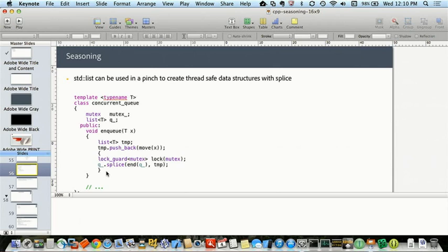The standard decided with C++11 to guarantee that std size is constant time, which means there's one case where splice is not constant time. That's basically where I'm splicing from the middle of a list into another list. Here, I'm splicing an entire list, so size can still be implemented in constant time, and there's no conflict.